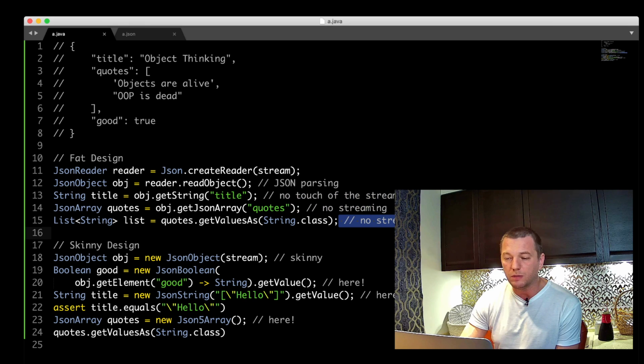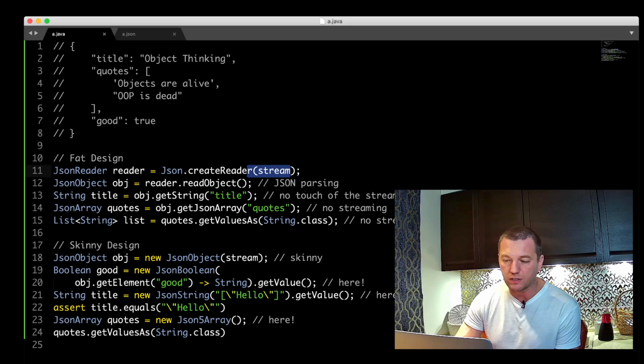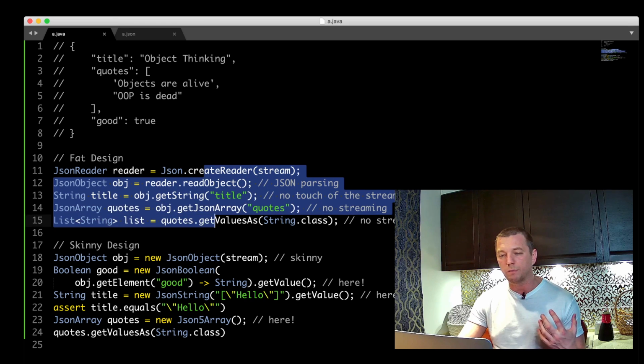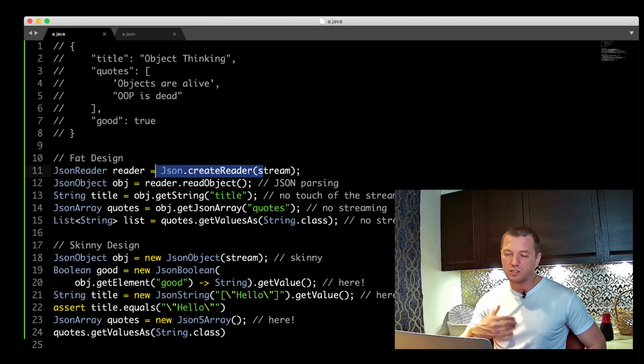So there's no streaming, no actual separation of concern. You know what they say in object-oriented programming, separation of concern. So this design does not separate concerns. It just keeps one concern in one place, parsing. And then in all other places, they're just data retrieval.